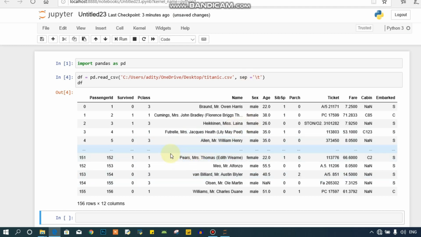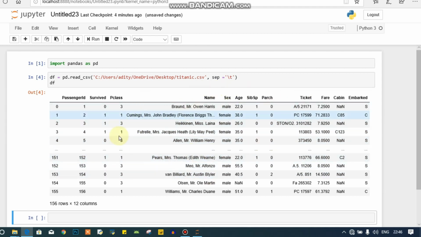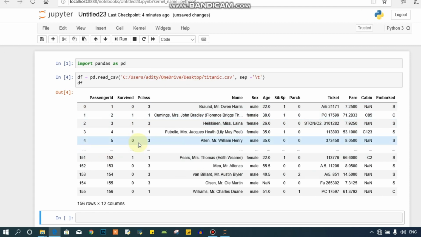Okay, now you can see that our unstructured data has turned into a very beautiful format. Now this is called a data frame. Here you can see our table contains rows and columns. A data frame is made up of rows and columns contained inside a table. So these are our rows. You can see this highlighted part 0, 1, 2, 3, 4, these are our rows, and these are our columns. Passenger ID, survived, P class, names, age, these all are columns, and the information inside this table is called data. So this combination forms a data frame containing rows and columns.